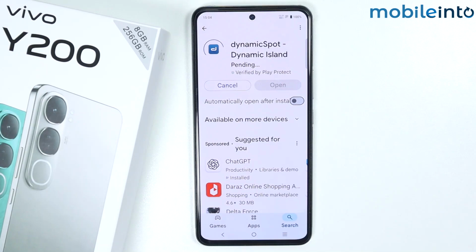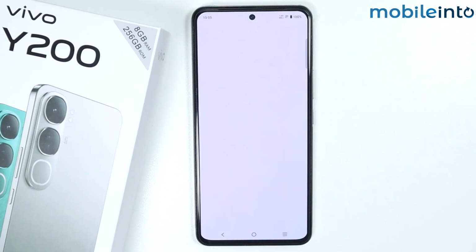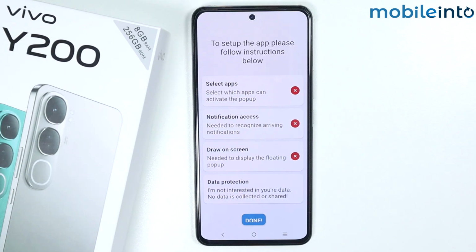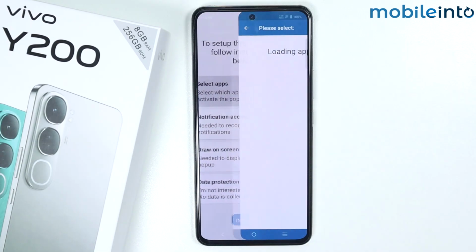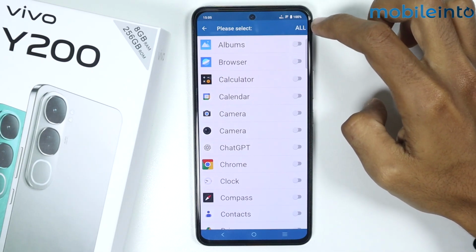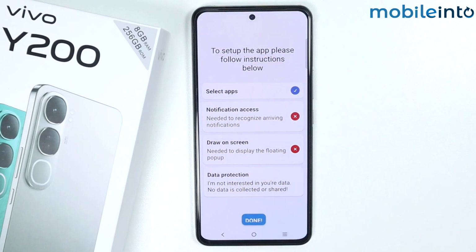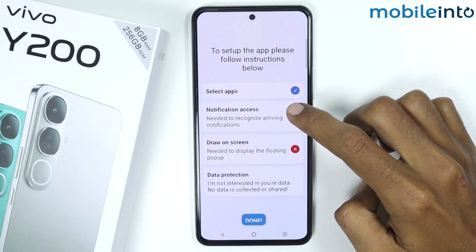Now it will take a few seconds to install the app on your smartphone. And once the app is fully downloaded, tap on open. Now just tap on next, and from here just tap on selected apps, and on the selected apps section just tap on all, and once you have done that just go back and tap on notification access,